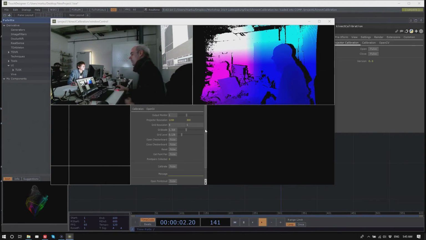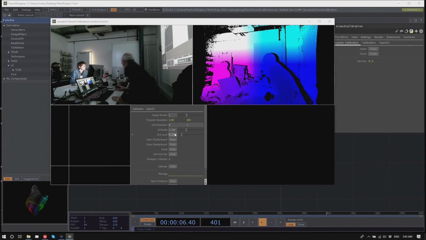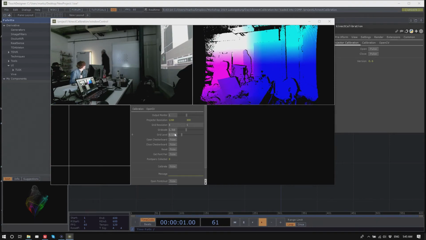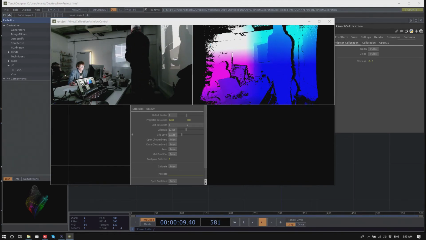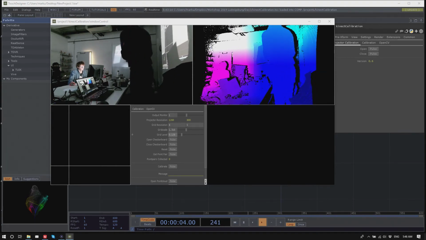Then you want to make sure that the Kinect basically sees the checkerboard, and you get a little white board here. I didn't come with 2 projectors.